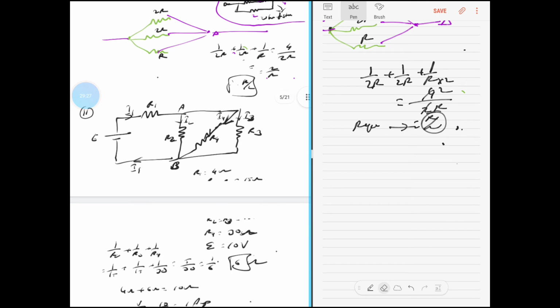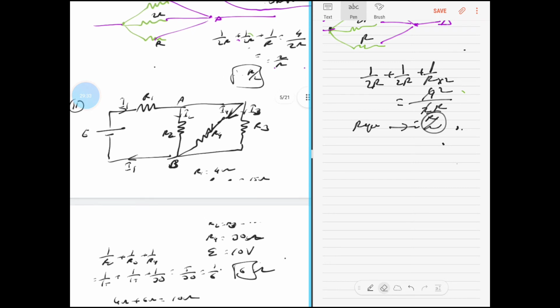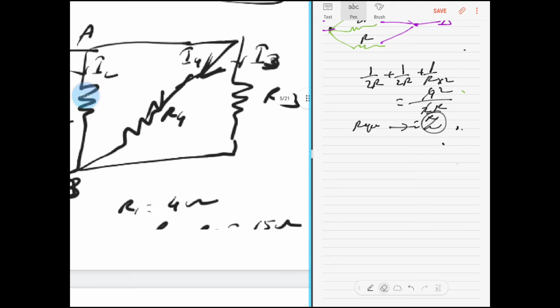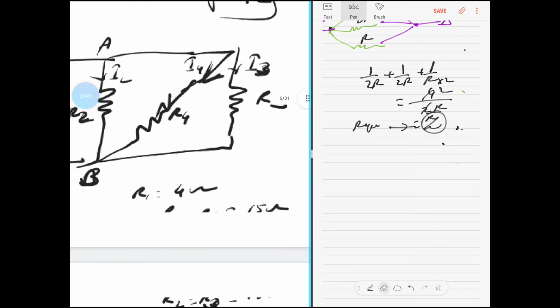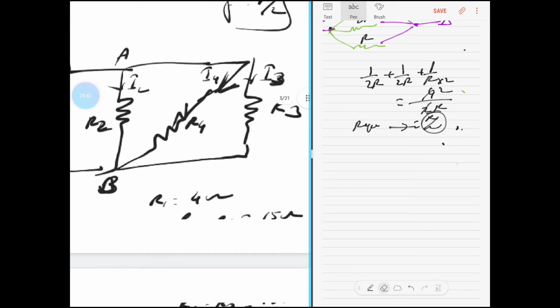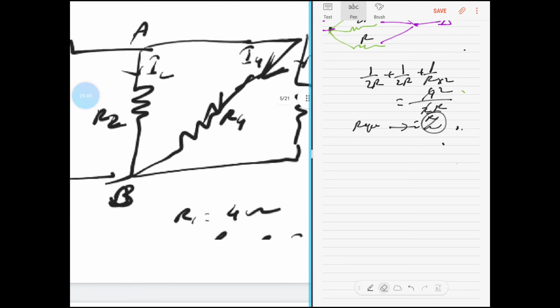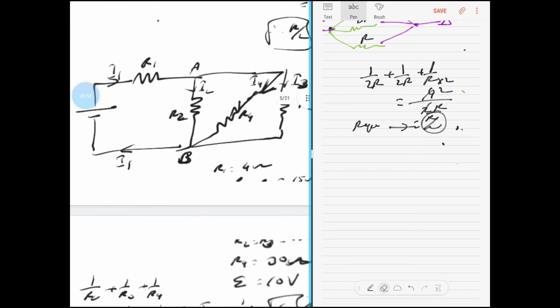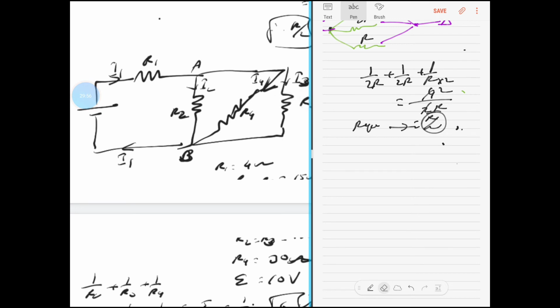So then this battery, R1. Can you see that I can treat R3, R4 and R2, all of them in parallel? First thing you would think is R3 and R4 in parallel and try to write it in series with R2. It is not possible because at A the current is getting split. So R2, R3, R4 all of them in parallel, and eventually R1 will be in series.